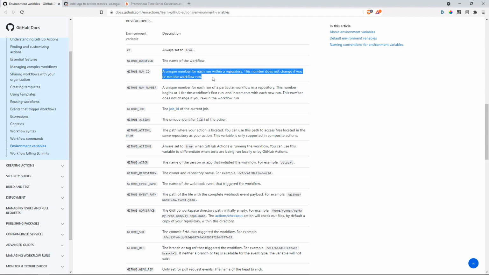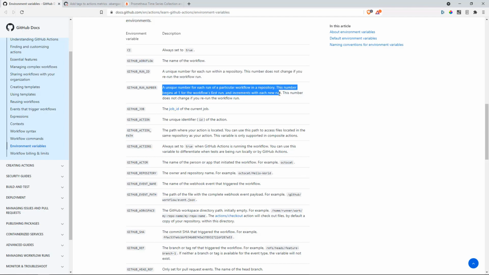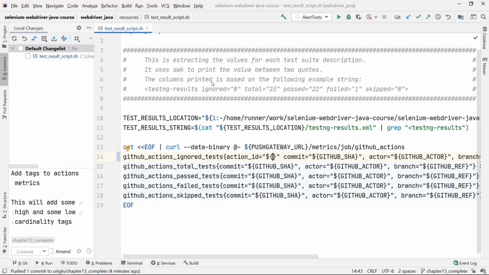This is a unique number for each run within the repository. In comparison, the run number is a unique number for each run of the particular workflow. This will actually increment with each and every run, including reruns. I think that's more what I'm looking for. So I'm going to take GitHub run number and return to my code and paste that here into this variable